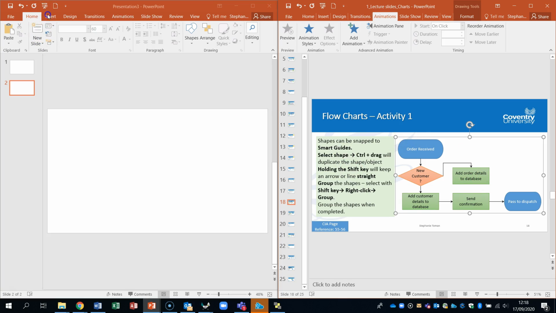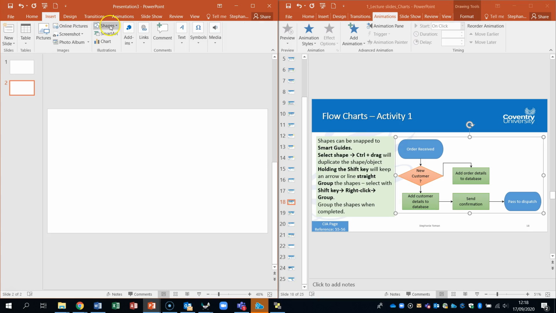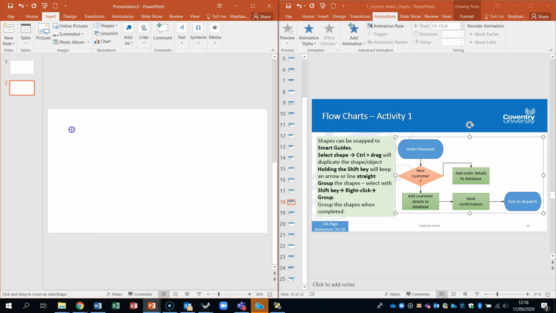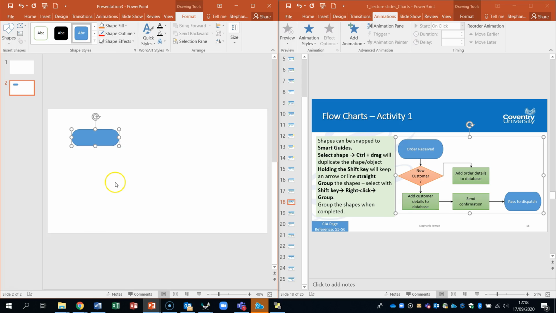So if you go into the insert menu, if we do this on the plain one, and into the shapes drop down, you will see the flowchart icons here, and you could use the other stuff as well. But it talks about the first one, which is the terminator, which I know sounds very odd, but there it is, the flowchart terminator. So you would select the shape and then draw it out onto your slide. And then you can type straight into these